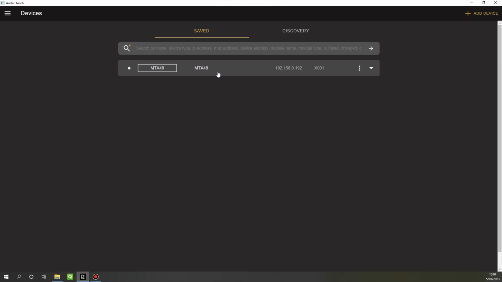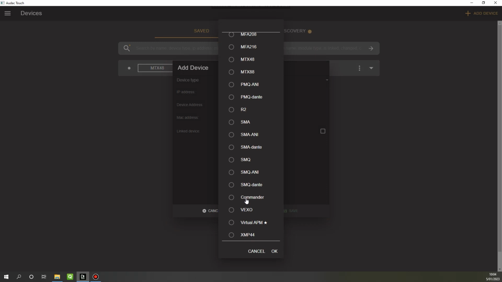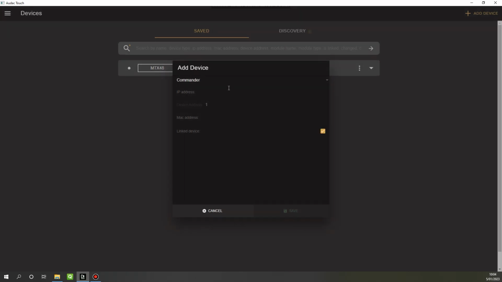I can use this device and create a dashboard with the custom widgets that are available. But what if the widget or the function that you want to control on the MTX is not available as a widget? Well, then we need to send a custom command by the commander function. The way to do this is we add a device as a commander function on the same IP address,